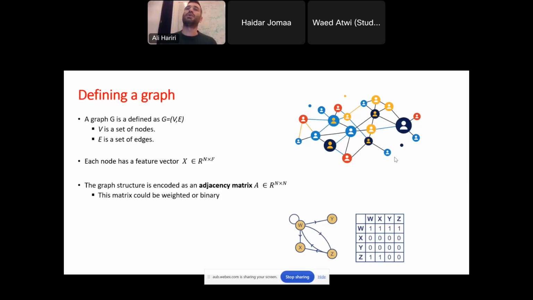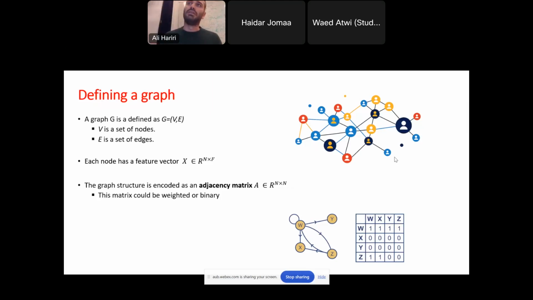This is where the adjacency matrix comes in. It would be an n by n matrix, where n is the number of nodes, and it would describe which node is connected to which other nodes. Who are the neighbors? Who are the nodes that are far away from each other? This adjacency matrix can be either, as in this example, a binary matrix, where two nodes are either fully connected or not connected at all. Or it can be a weighted adjacency matrix, like in force fields, like in materials. You would then have a weight defining the strength of connection, like in chemical bonds, for example.